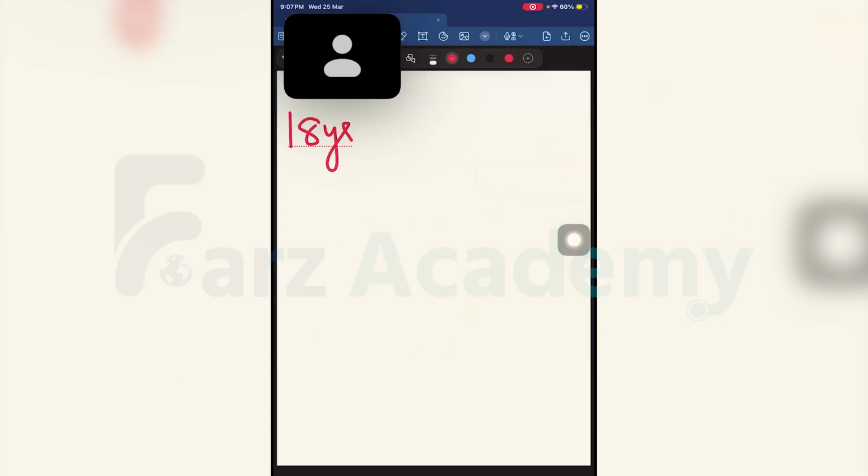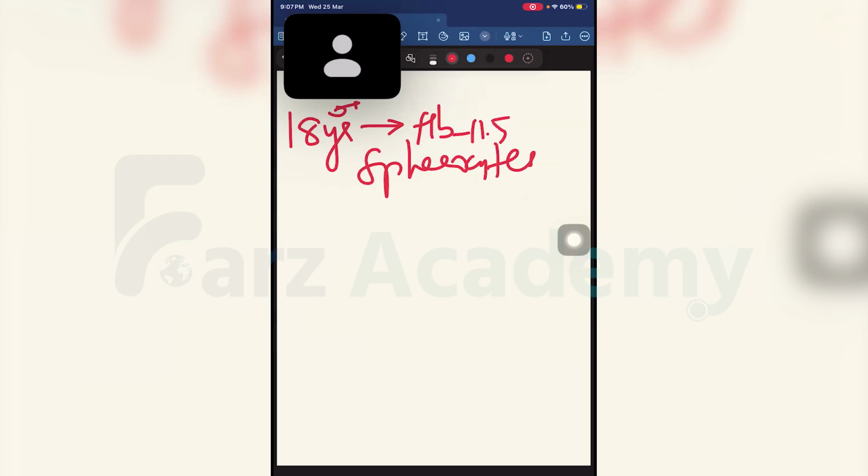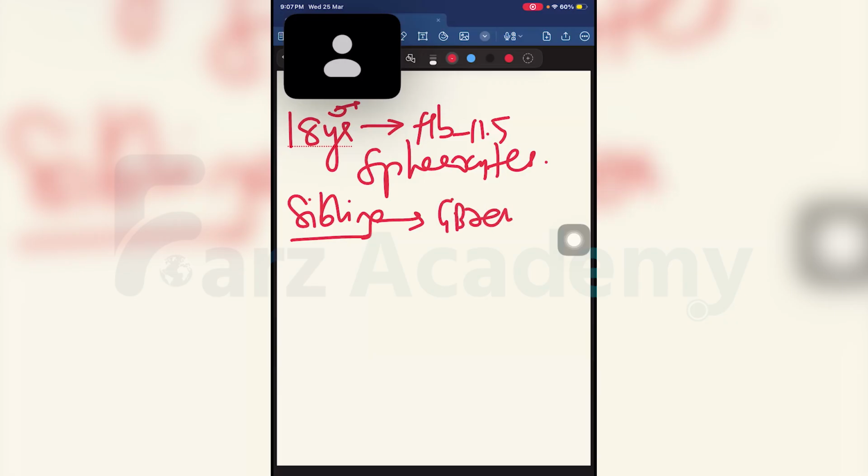An 18-year-old person is coming to you before joining the army for his preliminary health screening program. He's a male and has a hemoglobin of 11.5. When I do a smear along with the CBC, I find there are spherocytes. He gives a history that one of his siblings also has this issue, a brother. And one brother has a history of gallbladder removal at an earlier stage of his life.